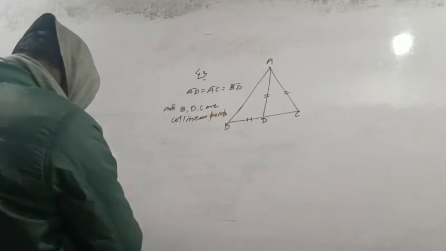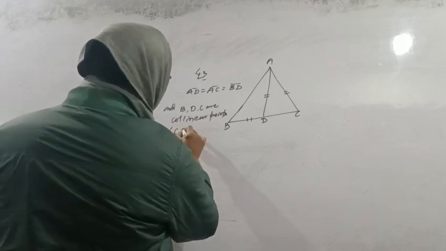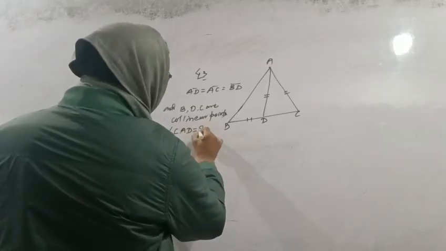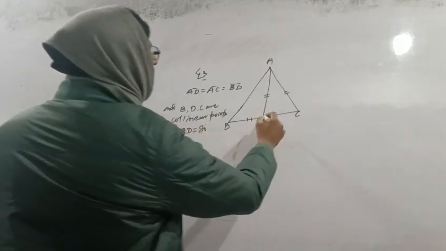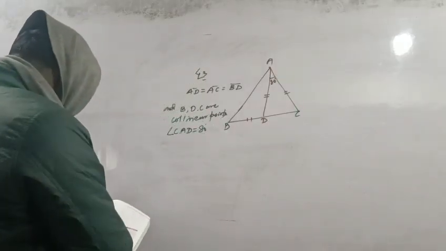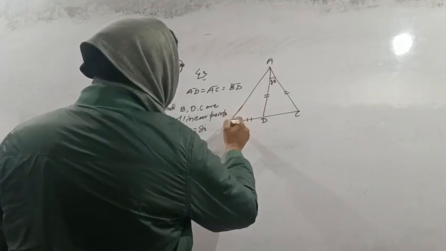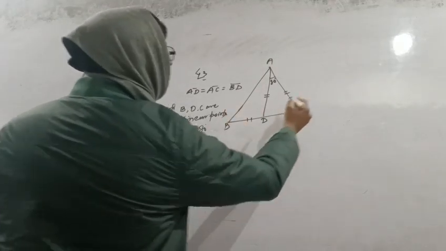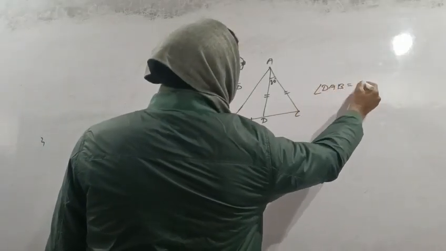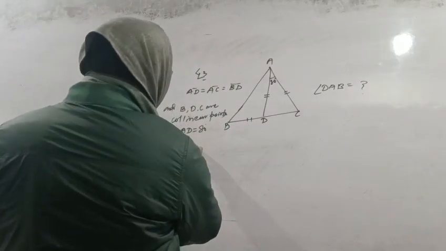And angle CAD is equal to 80 degrees, given. Angle CAD is 80 degrees. Then find angle DAB. We have to find the angle DAB equal to what? So in triangle ADC,